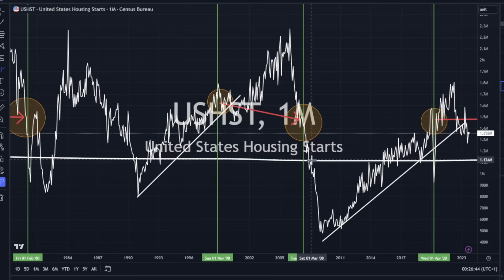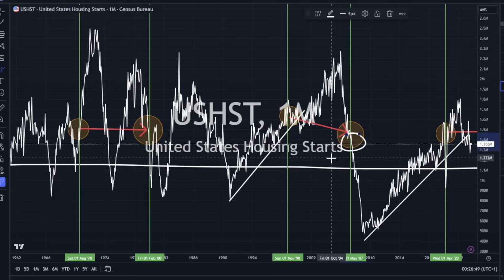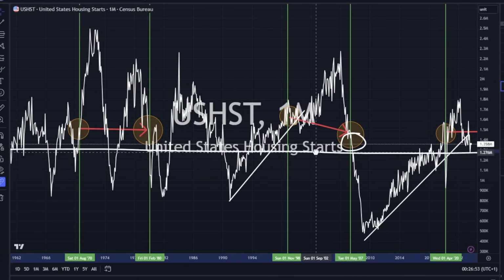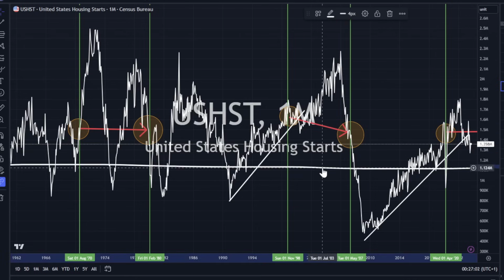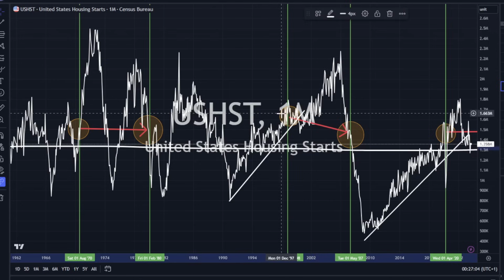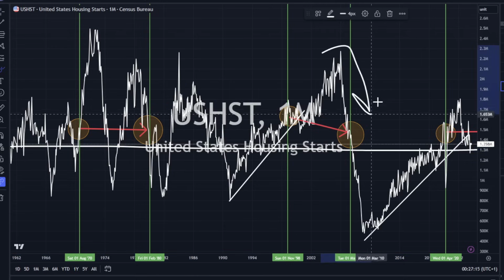There's 2008 down here. Generally, you go from bull market, it goes below the average here. I don't know why I've got that white line down there. Let me move it up here. So the average is somewhere like in here. When it goes below that, that's basically a recession. And bull markets generally do pretty well if it stays above the average. So we had a little dip, and then we ripped it up to the upside when they lowered interest rates. We had a massive overbuild cycle, a big bubble in real estate, and then it turned back over.